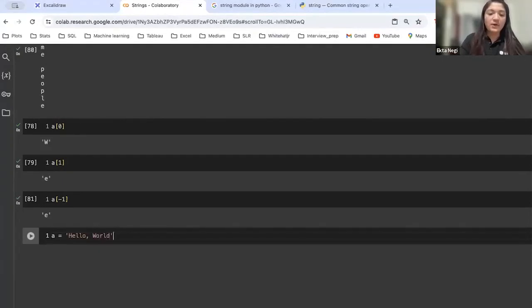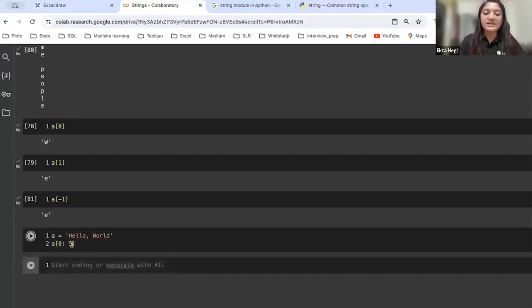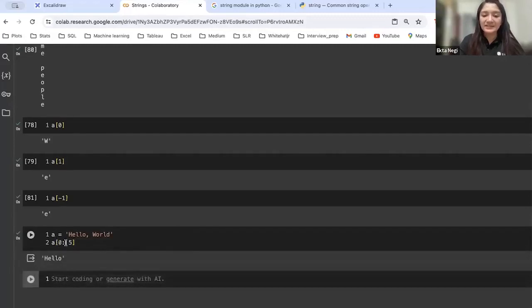Okay. Let's say I want to extract the values starting from the 0 position, till the 5th index. I can just put 0:5. 0 is for the starting index and 5 is for the ending one. So what this will do is, it will print the values from 0 to the 4th index as an output. So what happened is, this was my big string, and from that big string a small piece of string